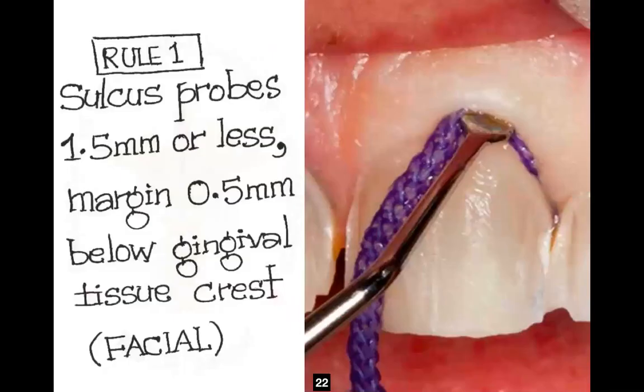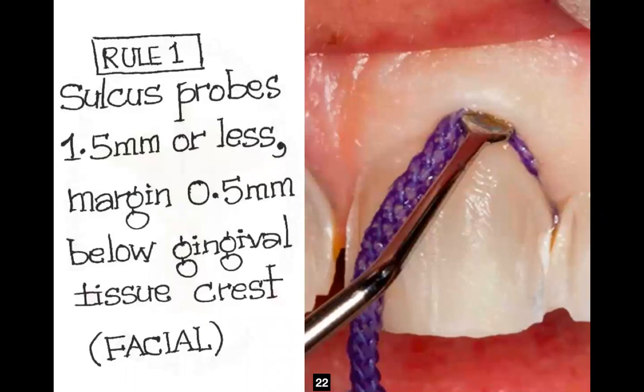The first rule, as you can see, just try and look at the picture on the left. I'll give you time to write. Just first listen to me. As I just told you, this is a gingival cord, and this instrument is known as a cord packer, to pack the cord inside the gingiva.